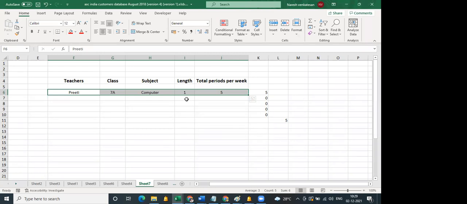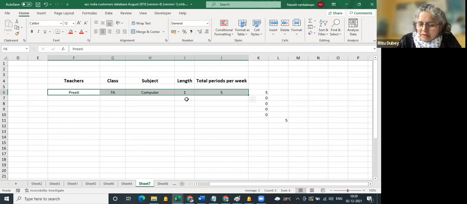Okay. So, yes, madam, you were asking something about the length and duration. Can you please repeat it? Yes, I was asking you, what do you mean when you say length of a class? Is it just the duration of one particular period, or is it something else, because sometimes you might have a double block or a single block.